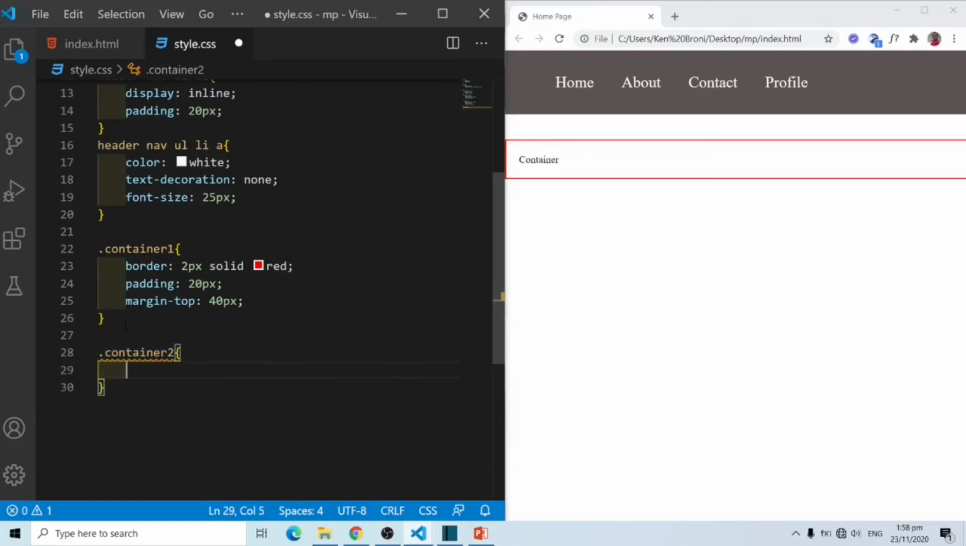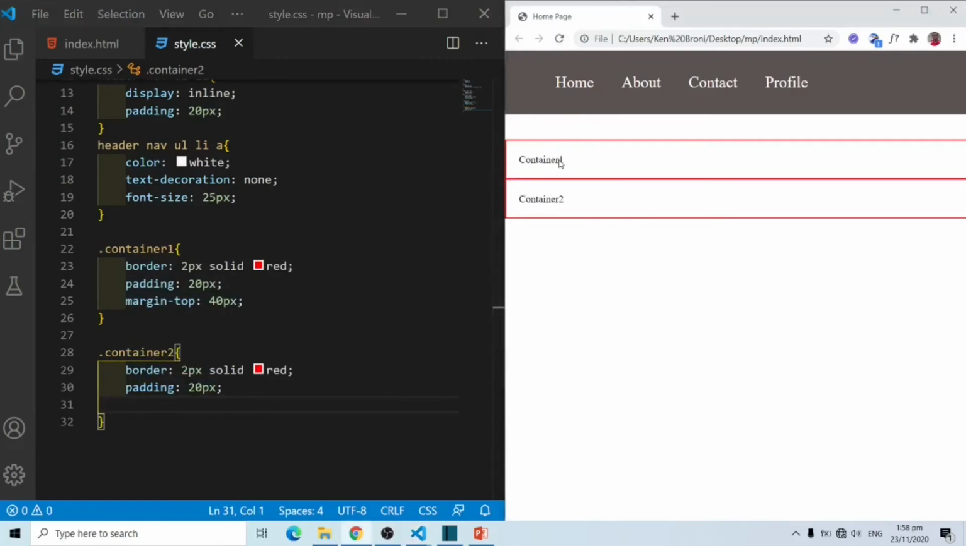And inside container 2, I am pretty much going to use all these styling. And I'll clear this because I don't want any margin on top. So when I refresh, we are seeing container 1 and container 2. But as you can see, there's no margin between the two, so they are stuck together. Okay. The margin over here in container 1 is only applying to the top, and that's what we see over